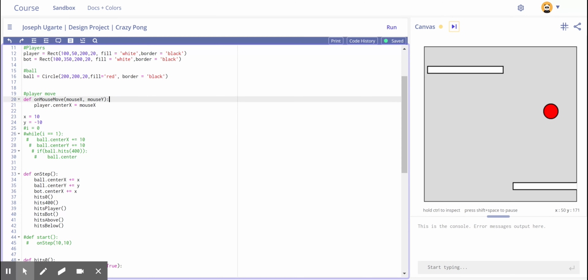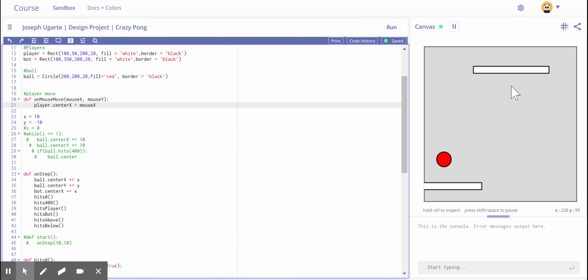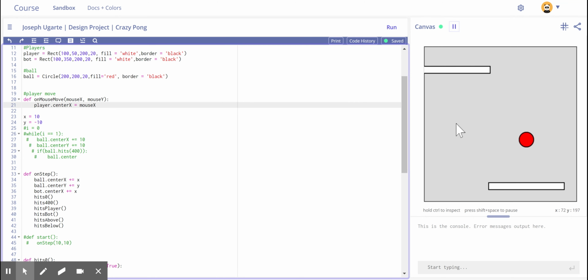And here we go. This is one of the first methods that actually makes the game work as it is. So basically, I'm just gonna play a little bit here. As you can see, the bot is constantly following the ball, and that's because of this method. Whatever the change in movement of the ball is, it's always followed up by the bot. So they will always move in the same X direction, which really makes the bot not lose. The bot can never lose, since it's always following the ball unless some glitch happens, which I haven't